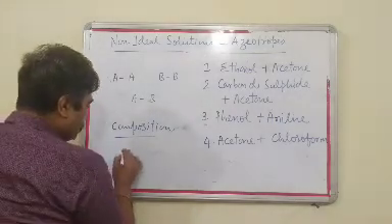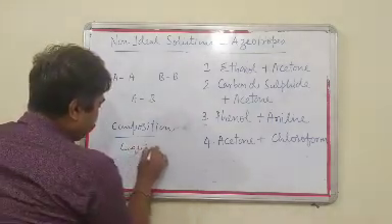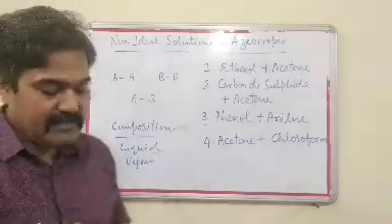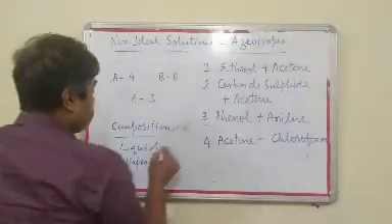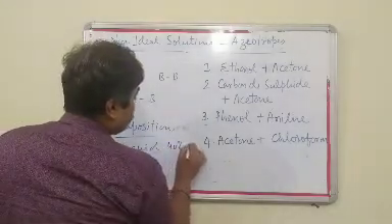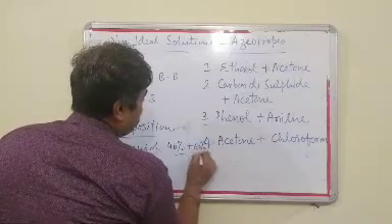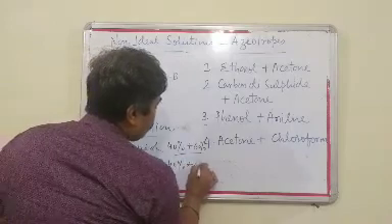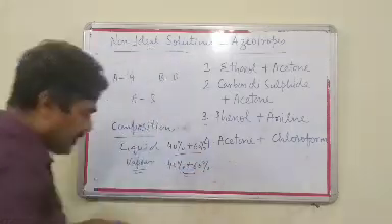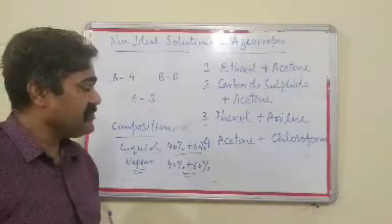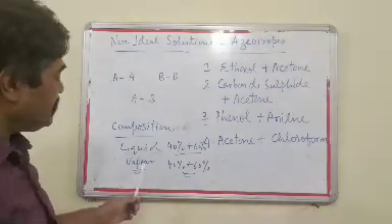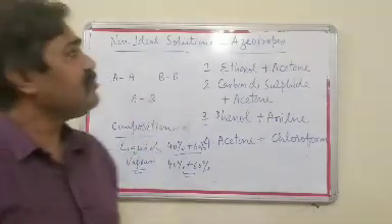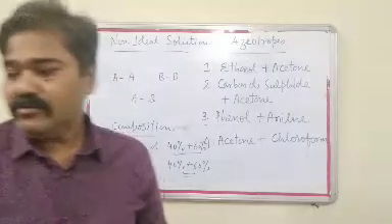Regarding composition, in liquid as well as in vapor, in both states the compositions are the same. Suppose in the liquid state the composition is 40%, 60%, then in the vapor state we will get again the composition 40-60%. Such types of mixtures are called azeotropic mixtures, which have the same composition in liquid as well as in vapor state. Okay. The azeotropic mixtures may also be divided into two parts.